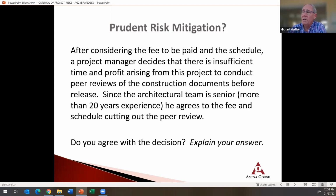And you know that if a design issue is caught at the outset while you're putting the designs together, that's pretty cheap to fix. But when you get out to the site and you're under construction and now you discover it, that's pretty expensive to fix. So peer review and the usual quality control, quality assurance that goes into the various phases of design